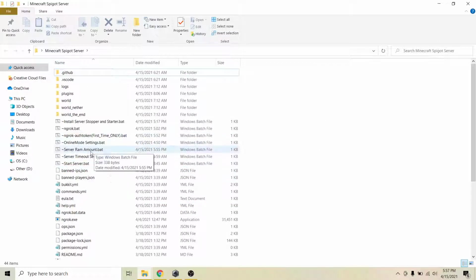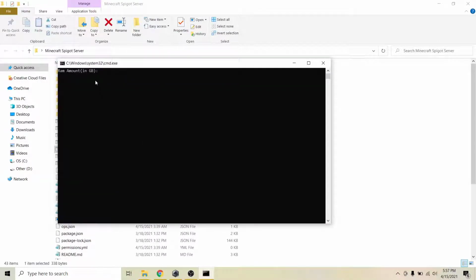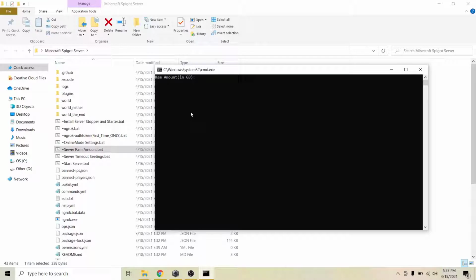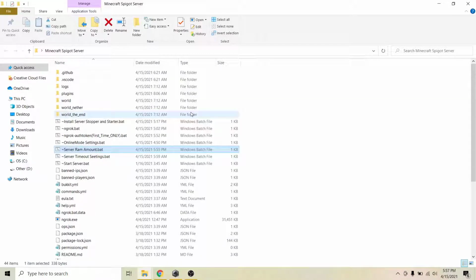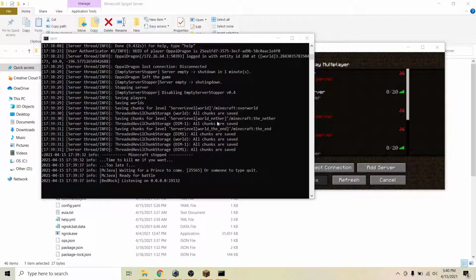But I recommend using this auto. I have already set up everything. You just need to press in the amount. So if you want to use 1 GB, you can also use 1 GB. Okay, thank you. I'm just gonna close it,